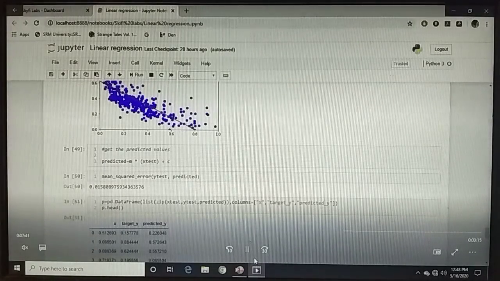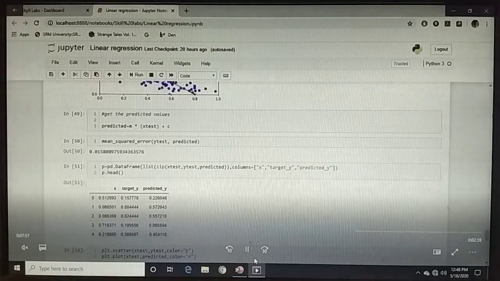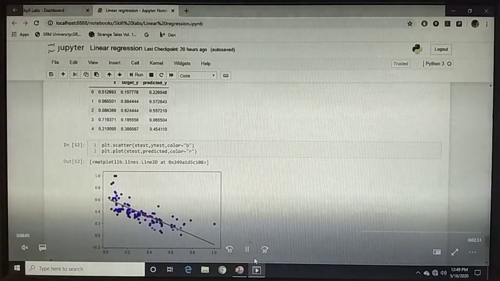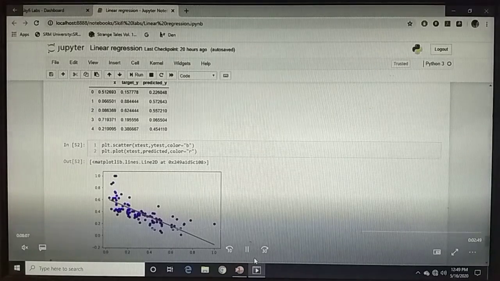I can also test the mean square error between the target value and the prediction, which is 0.0158 for the LSTAT feature, and then I can add the testing data and the predicted value in a data frame and show them, and I can also plot the testing data and the target value and a line for the predicted, and I can see the result.